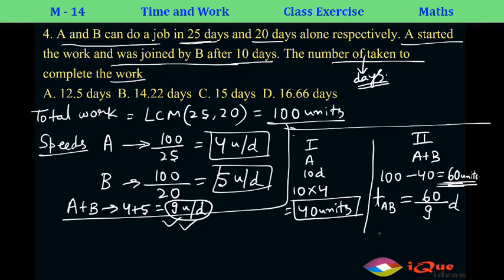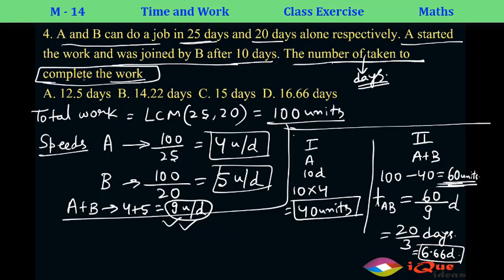So 60 by 9, which is 20 by 3 days. Alright. Now 20 by 3 is 6.66. Now hold on. So it is 6.66 days for the remaining work. Well, the question is asking the number of days taken to